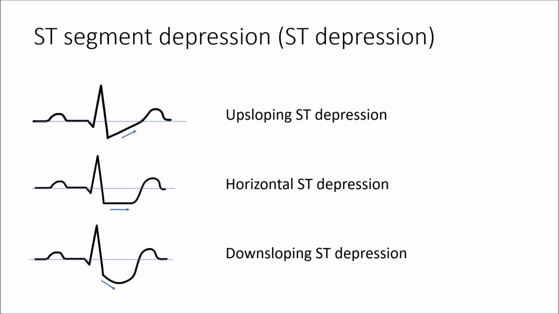There are three different types which you can see on this slide. In the first type, the ST segment runs towards the isoelectric line. This type can also occur in healthy persons. But the lower two types are an indication that the heart can no longer be supplied with sufficient oxygen. In this case, the ST segment either runs horizontally below the isoelectric line or sinks further.